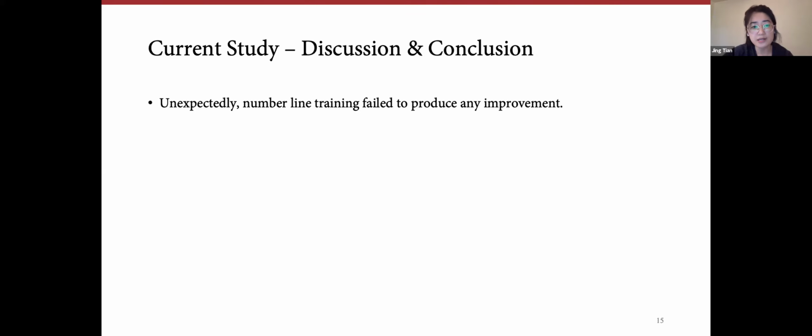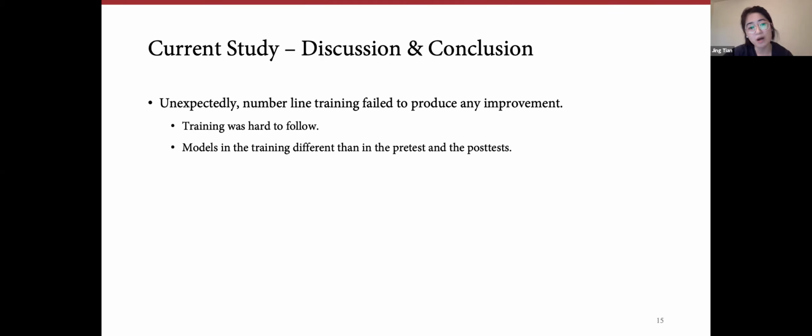So to sum up, unexpectedly, we did not see any effects for the number line training in this current study. One possible reason is that the training was hard to follow, as suggested by the more errors they made during the training. Another possible reason was that the models we used in the training were more different than the pre and